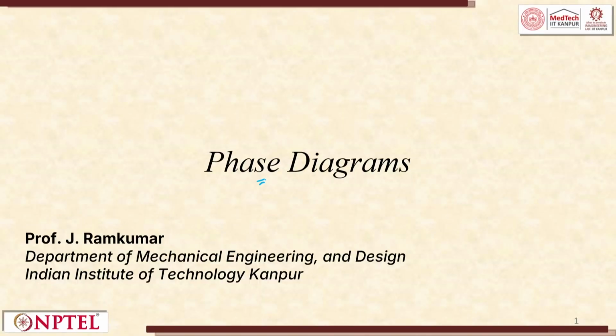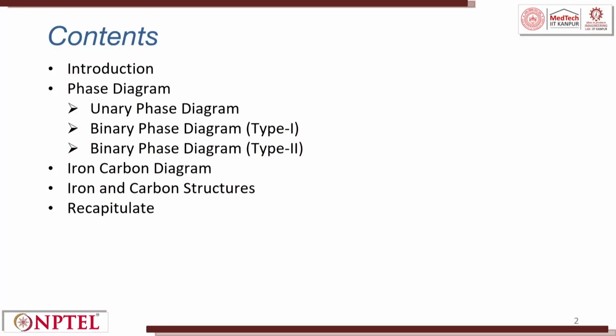Now, let us try to move towards different phases. What will happen when the same metal is taken to a higher temperature? It gets into liquid phase, then it gets into a solid phase on cooling. So, this is also an important lecture when we try to understand the processes in future. In this lecture, we will have an introduction, then there are several phase diagrams, but we will try to categorize into 3 simple ones: unary phase, binary phase type 1, binary phase type 2.